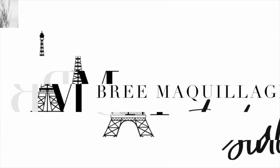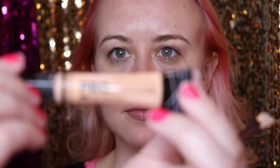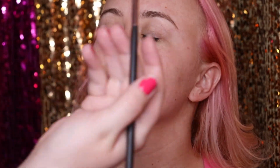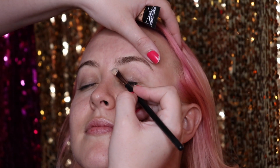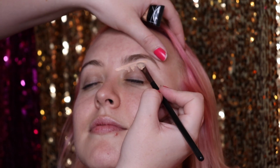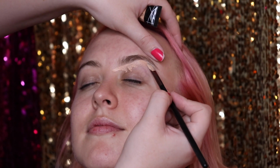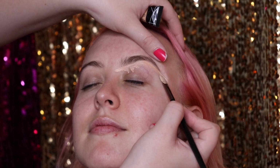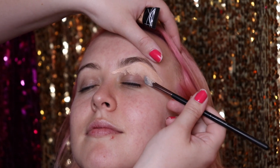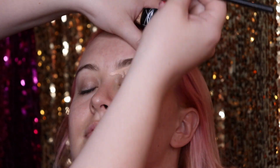Now let's get into makeup. I'm starting off with my LA Girl Pro Conceal, and this is in the color Light Ivory. And I'm just gonna be shaving up. Okay, so I'm starting over a little bit farther. This is a new technique I'm trying out and seeing if I enjoy. And I don't know. I might like it, I might not. We'll see. And then I'm just filling in the entire rest of the lid